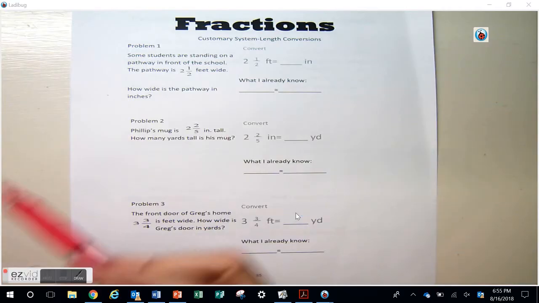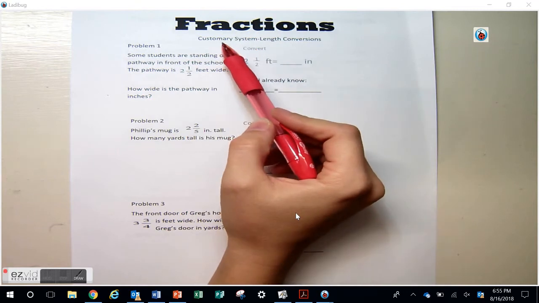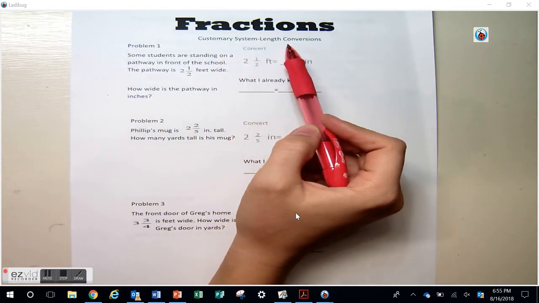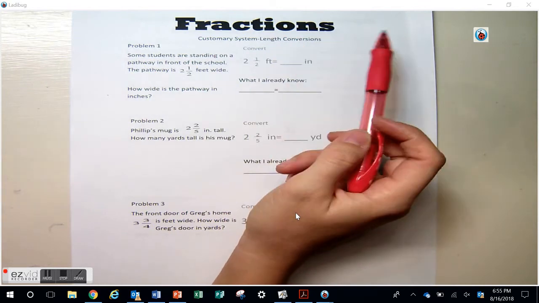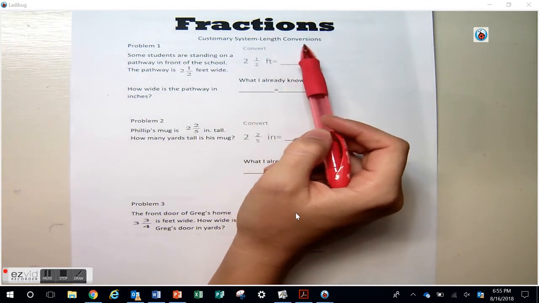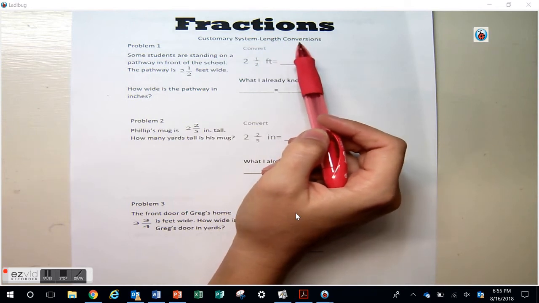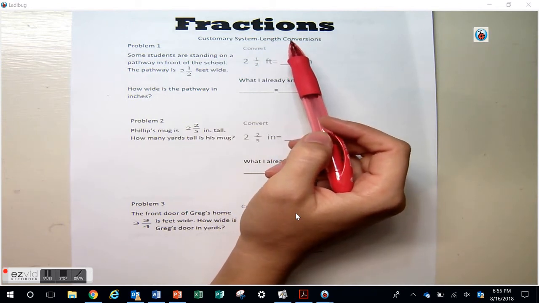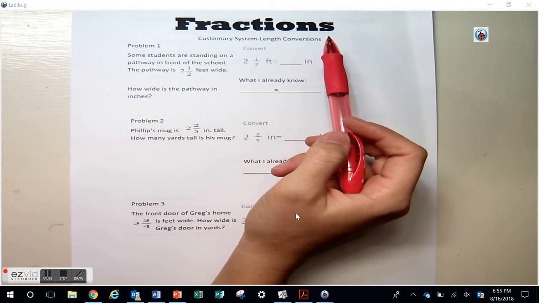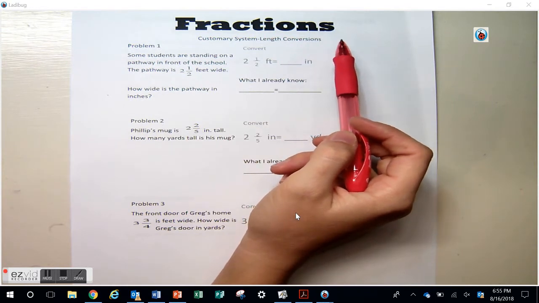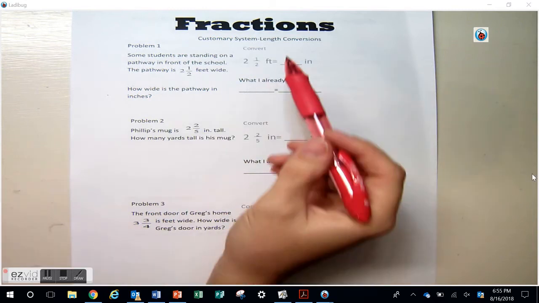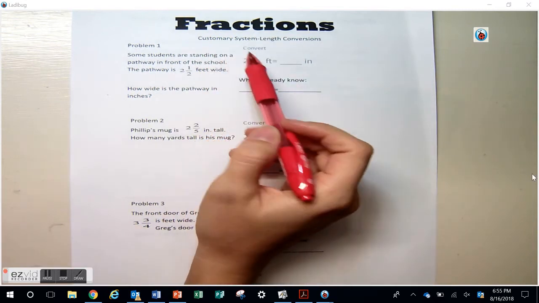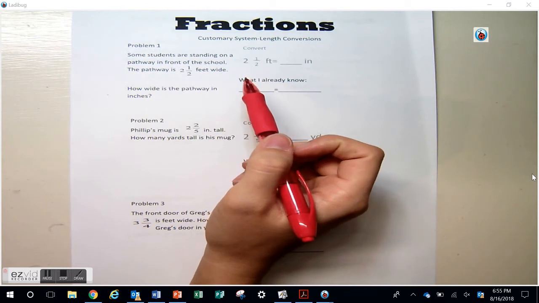Today we are going to look at the customary system and length conversions. We're going to use multiplication as a way to convert some standard or customary lengths. Some of you may know that the metric system is very popular. Most of the world uses it. However, in the United States, we use this customary system where we have cups and feet and inches, yards, miles,